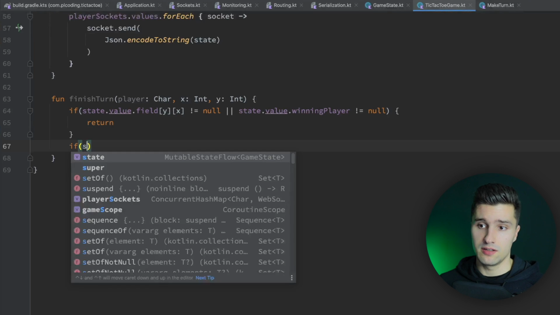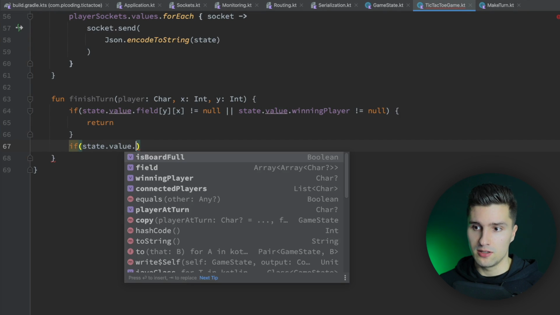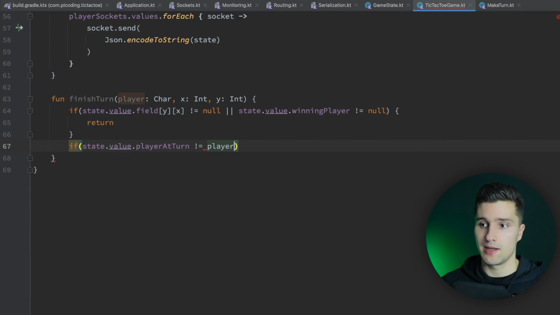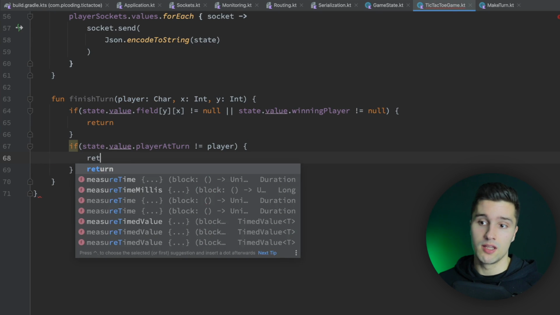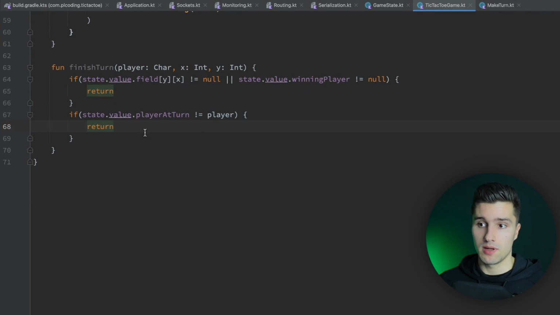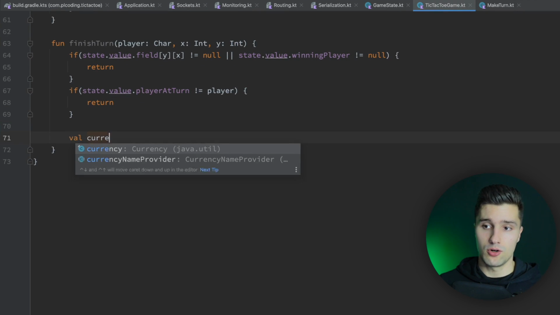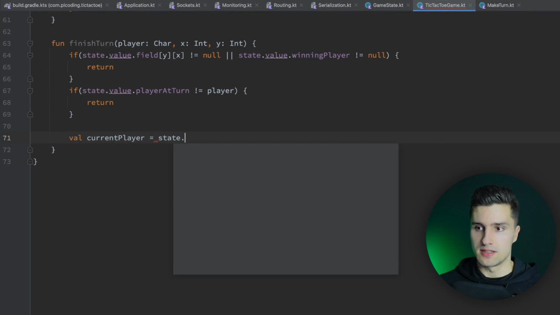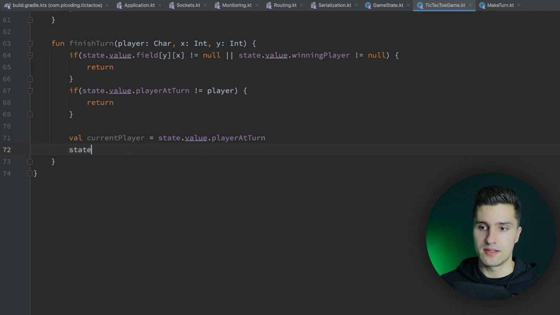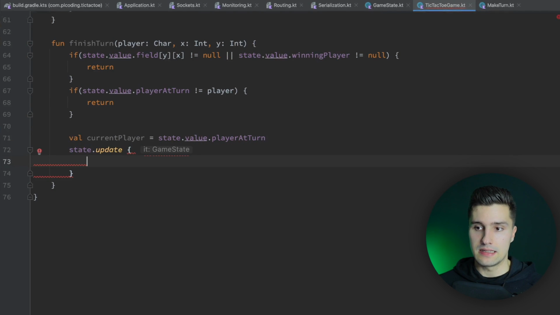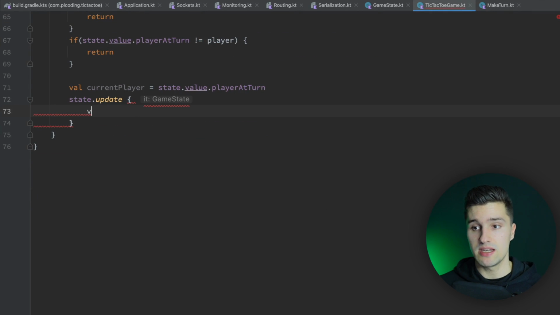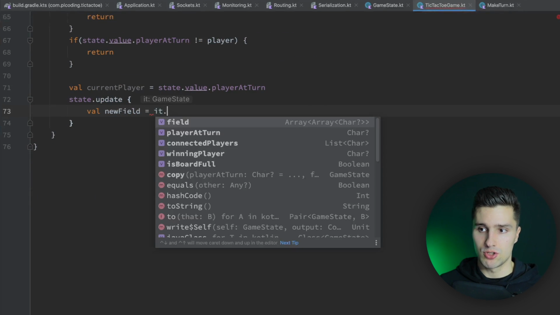And we also want to check if state.value.playerAtTurn is not equal to the player who actually makes this turn and finishes this turn, then we also want to return, because only the player who is actually at turn should be able to finish their turn. So then we can say we get the current player, which is state.value.playerAtTurn, and we then say state.update. And in here we first of all want to create the new field. So now that the player made their turn at this specific field, we of course want to update our field state. So we say val newField is equal to